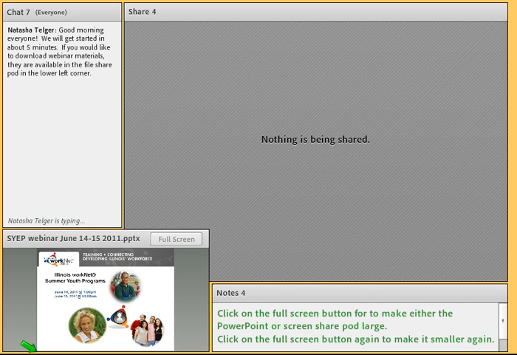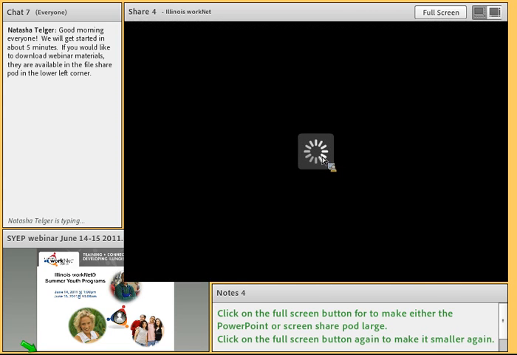So today you should have received a link to download some materials. If you weren't able to download them or haven't had an opportunity, don't worry. I'll go ahead and put that back up where you can download the information from your file share. Today I am going to be sharing my computer screen, and I'm going to be